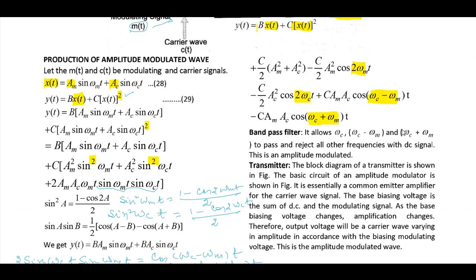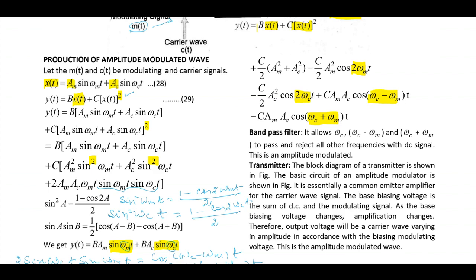These are the two frequencies that we got. In addition to that, we have got this AM sin omega mt. So we have got sin omega mt frequency as well as sin omega ct frequency. Now I have got the frequencies noted down. One frequency omega m, second frequency omega c,